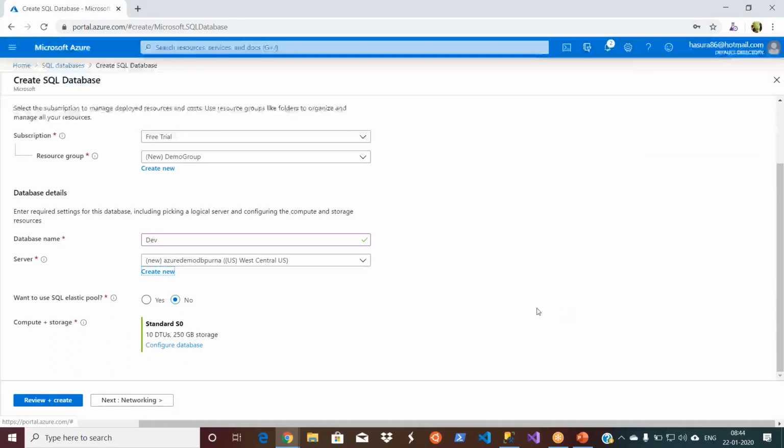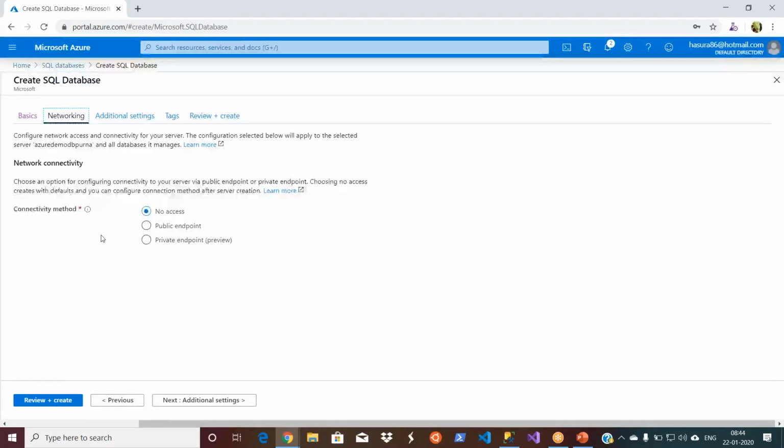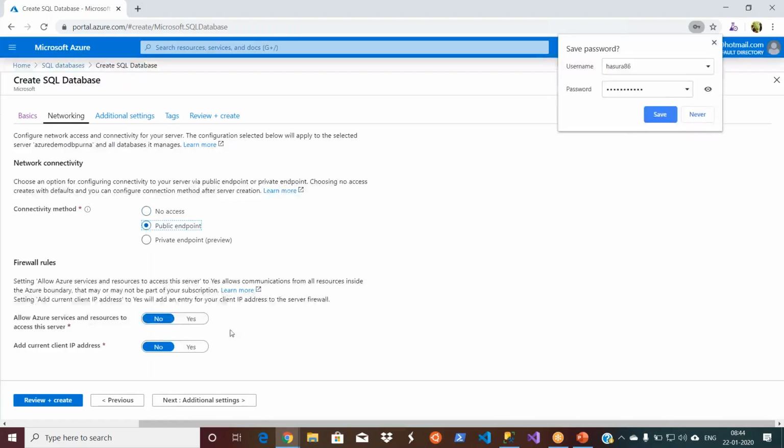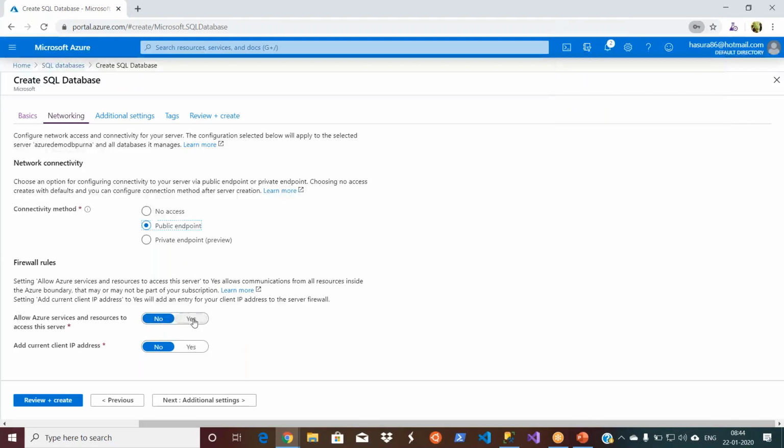While the database creation is going on, let's test connectivity.